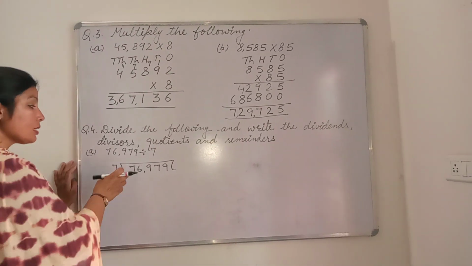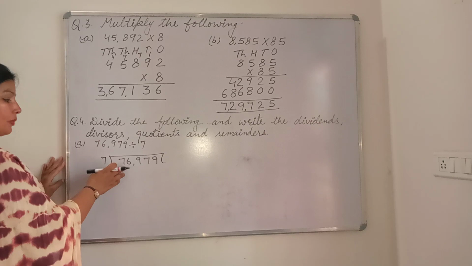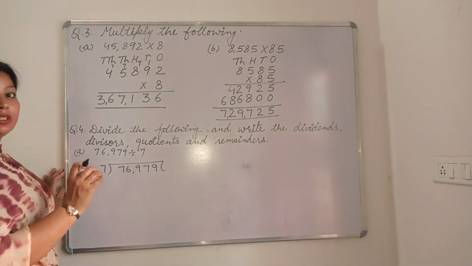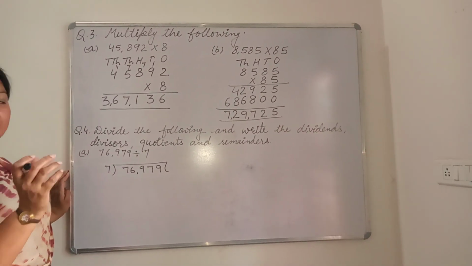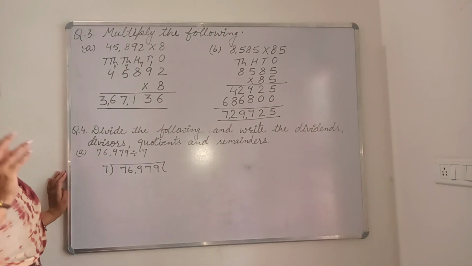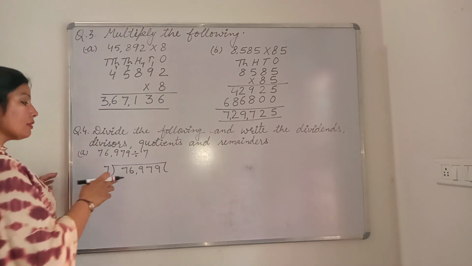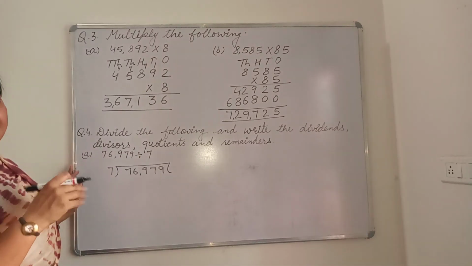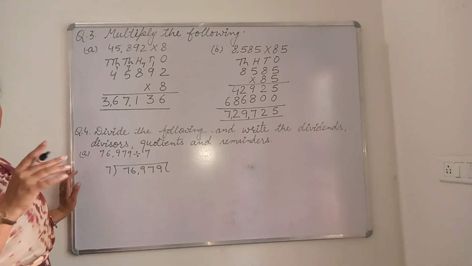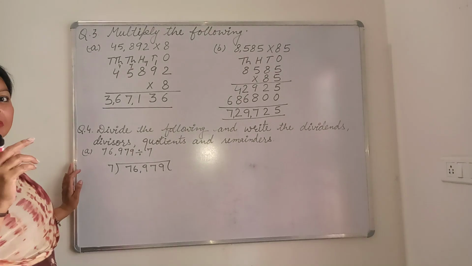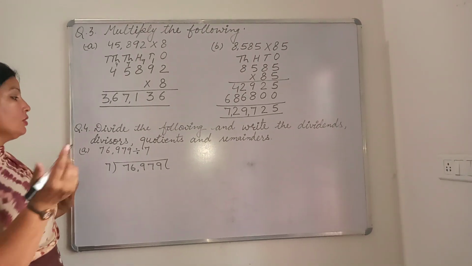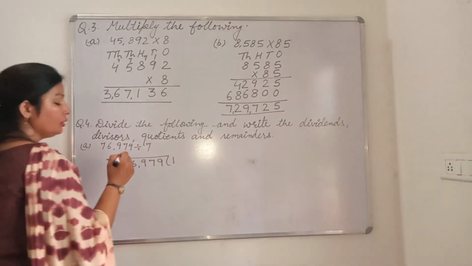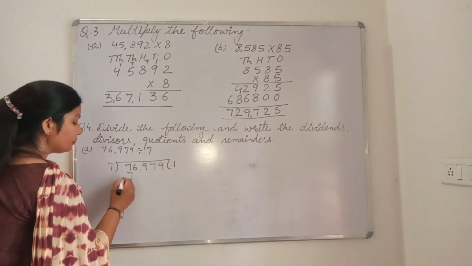But if that is small, then in that condition, because one digit is smaller than the divisor, we can't divide. So in that condition, we will take two digits together in the beginning. Okay. But here we have 7. 7 equals 7. So we can divide it. So we'll take here only 7. Now we should recite the table of 7. So in the 7 table, where we have 7? On the one number, 7 ones are 7. So we will take the one number, and there we should write 7.